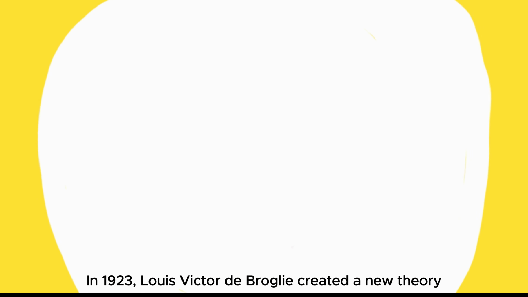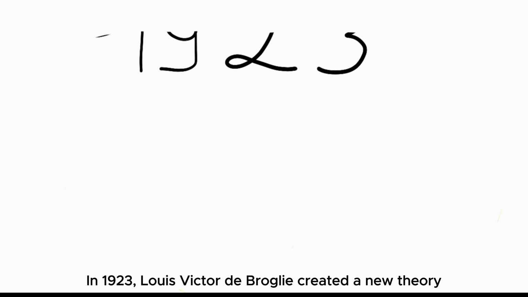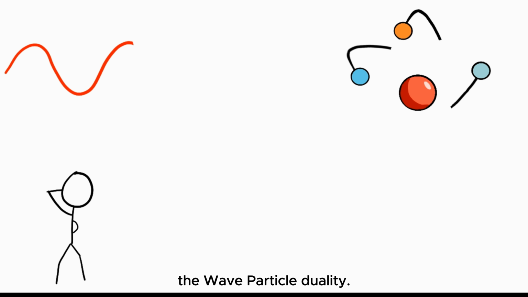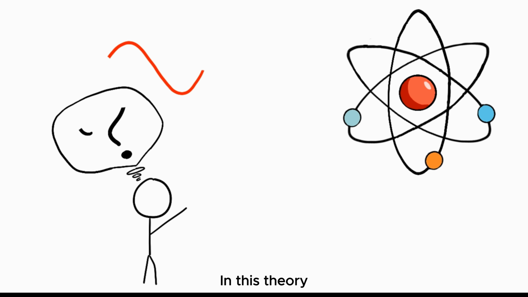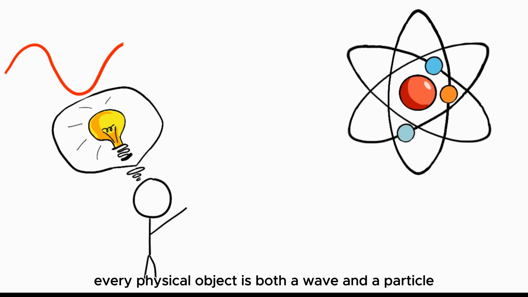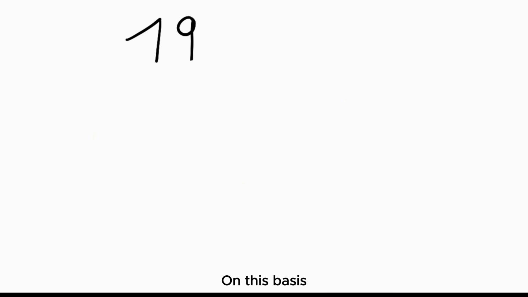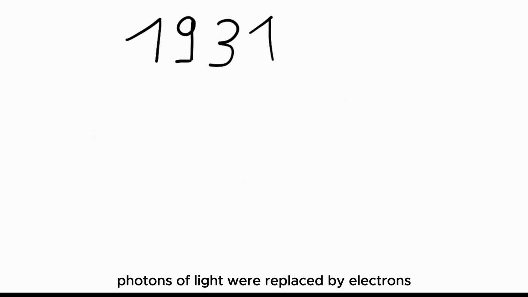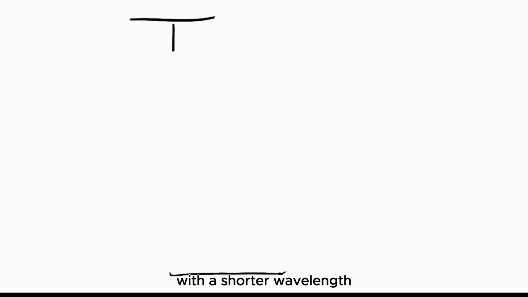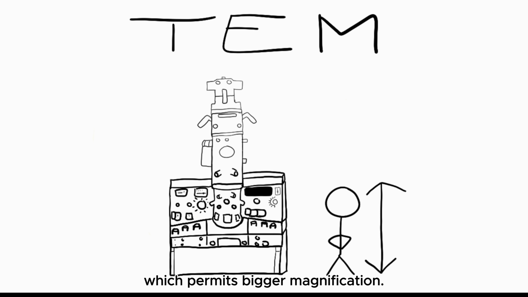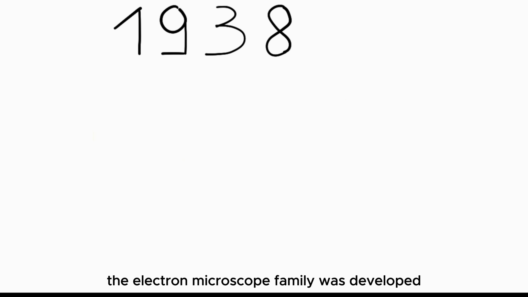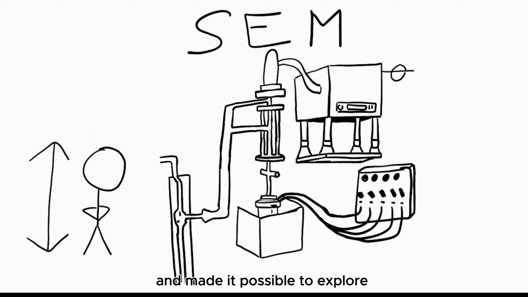In 1923, Louis-Victor de Broglie created a new theory, the wave-particle duality. In this theory, every physical object is both a wave and a particle, and the wavelength depends on the particle mass. On this basis, photons of light were replaced by electrons with a shorter wavelength, which permit bigger magnification. During the 30s, the electron microscope family was developed using this concept and made it possible to explore the atom